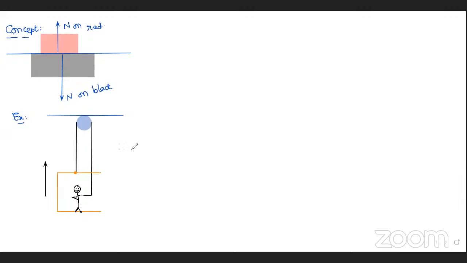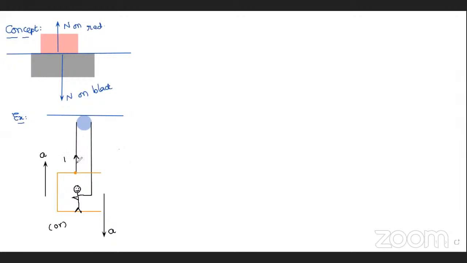There he can paint the wall. Suppose he forgot painting the first floor. Again, he will release the rope so that he will come down like this, and where he forgot that part, he can fill with the paint again. So by pulling this rope downwards or releasing the rope, he can move up or down with some acceleration. Two cases here, either up or down. While moving, the question is,